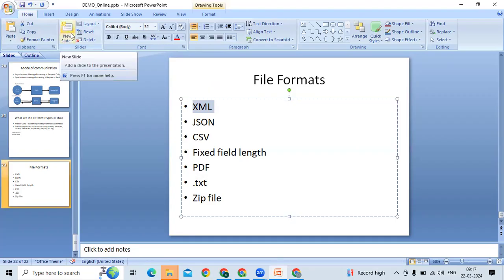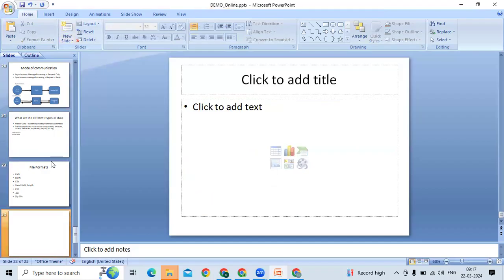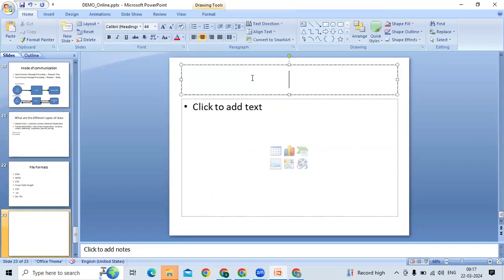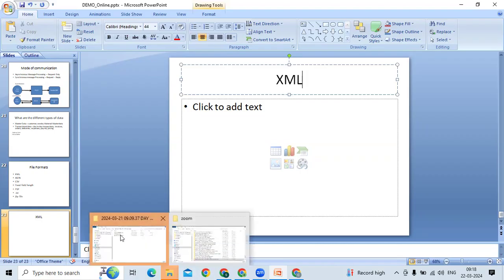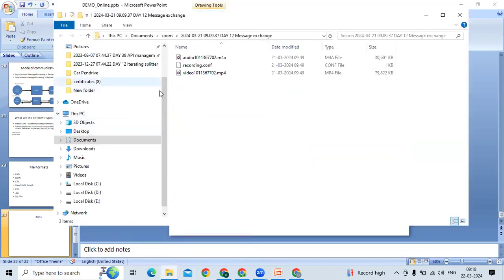First, what is XML? XML is one of the formats we use to transfer data. So to represent data, we have